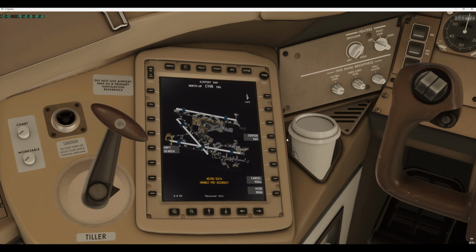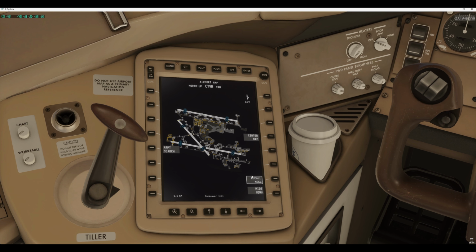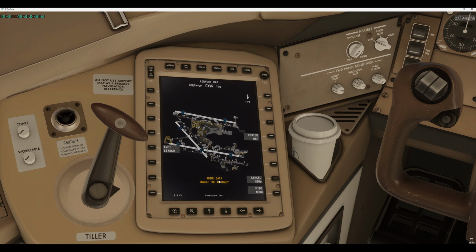Now, there are also some other options here. So there's center map. You know, if you move it around, you can center it. It's also cancel messages. Those are in regards to these two. So you can always recall it, cancel, recall. And then you can also hide this menu. Now, why do we have messages on here? It says here ADIRU data, enable position accuracy. And the reason for that is that